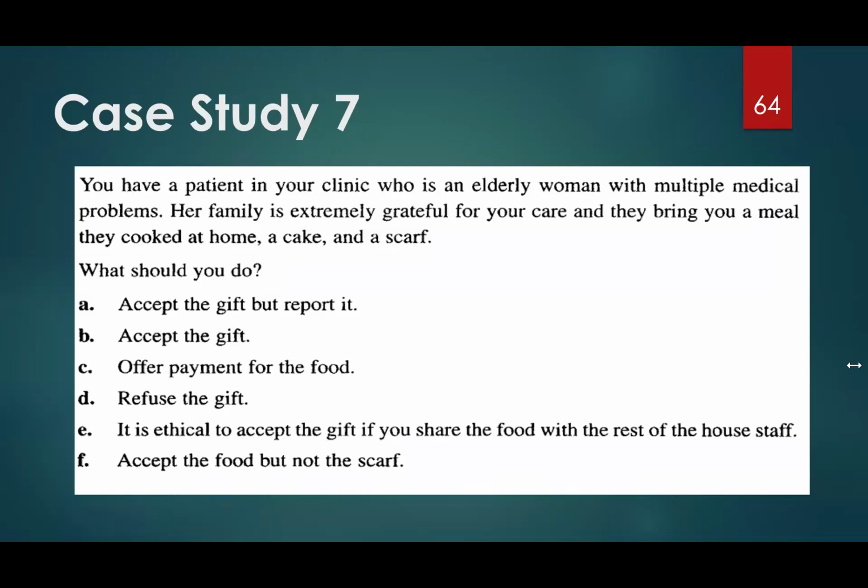Okay, refusing such signs of gratitude, this is like gratitude from the patient to you, may be hurtful to the doctor-patient relationship. Good relationships: when you take the gift, you will support the good relationship between you and your patients. Okay? And in this case, the gift is not linked to a specific expectation of care, such, for example, as